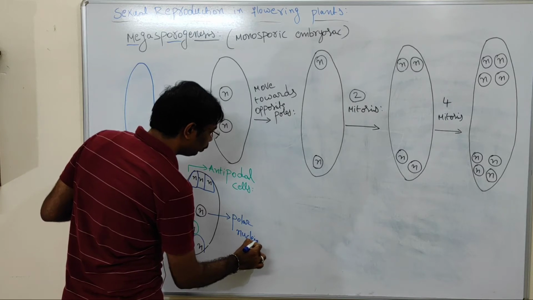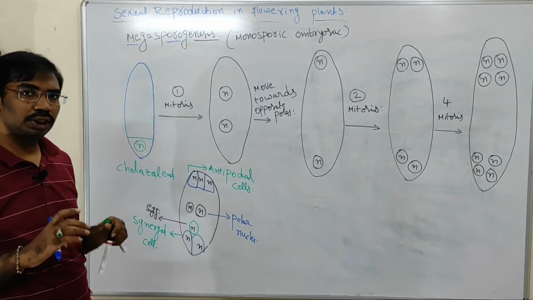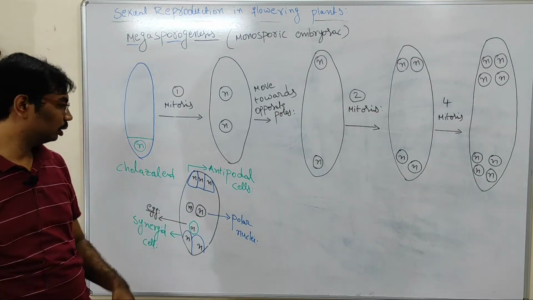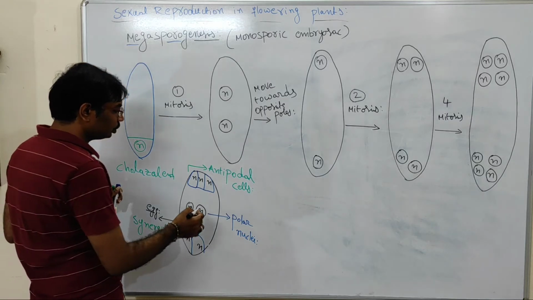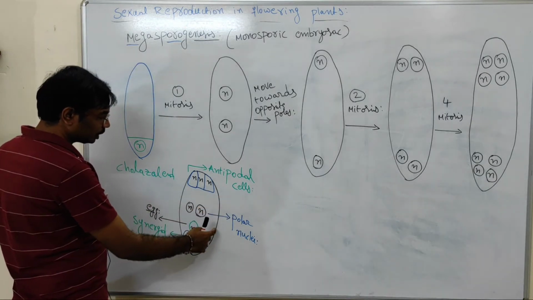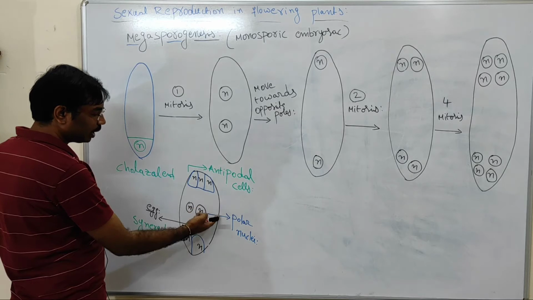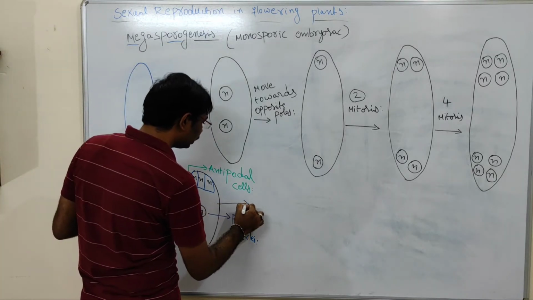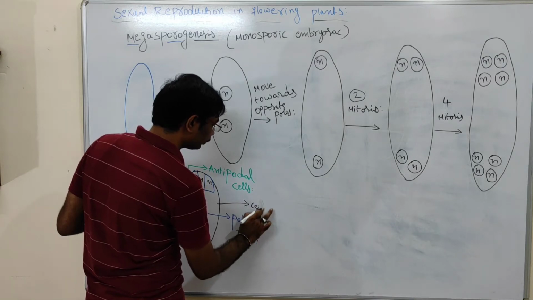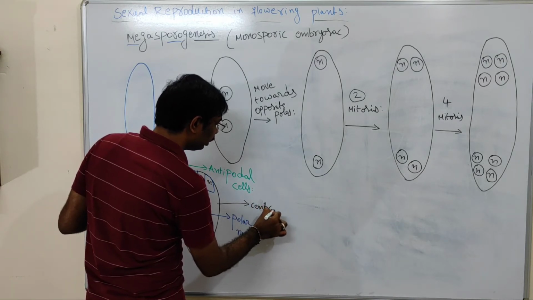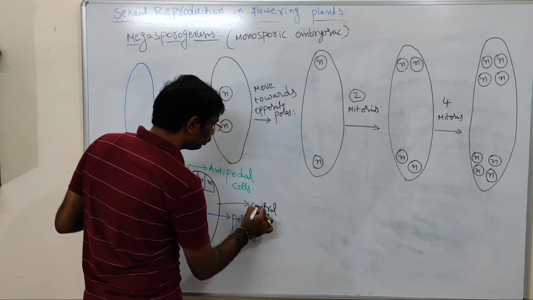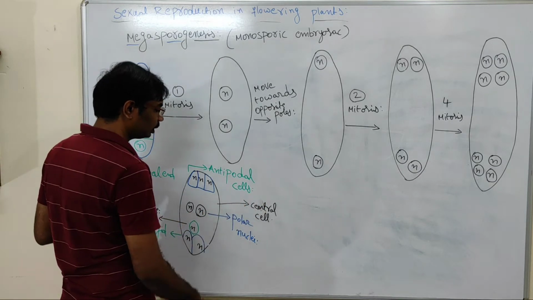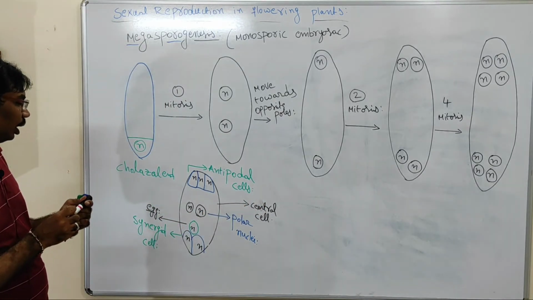What is the ploidy of the polar nuclei? n plus n. If a question is asked about the ploidy of the polar nuclei, it is haploid, so you can choose n. Then see here, the polar nuclei plus the outside black-colored cell wall together are called the central cell. Polar nuclei are present in the haploid condition.